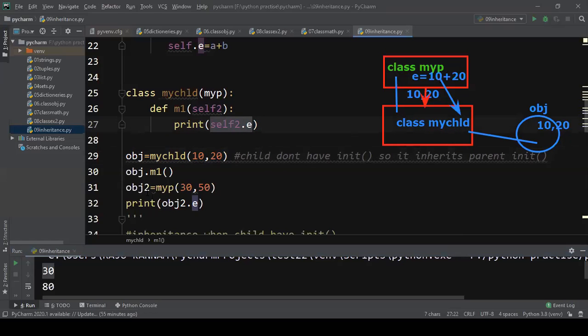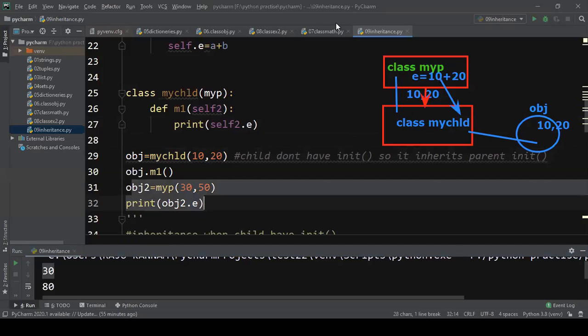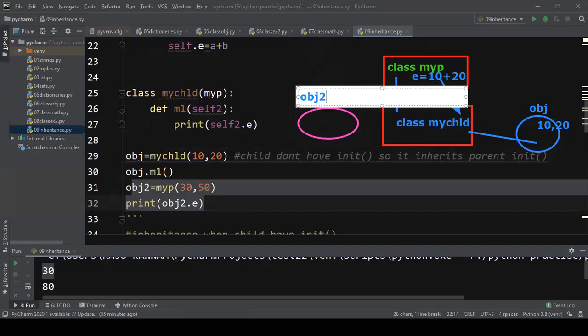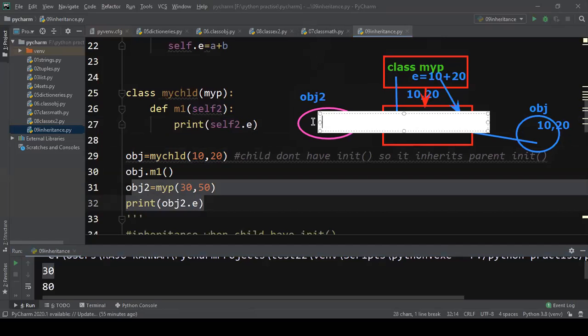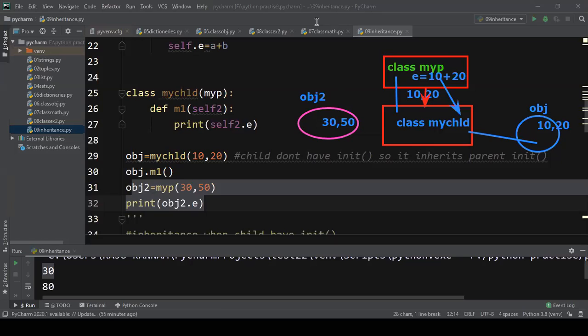Now in the obj2 case, what am I doing? In the obj2 case, I'm giving 30 comma 50 directly to the main class.